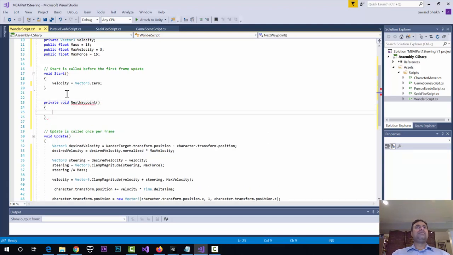All right. What I want to do is change the position of wander target. We'll do it every second or so, or every few seconds, and we want to restrict it to be within a range, within reason. So I'm actually going to switch back to the